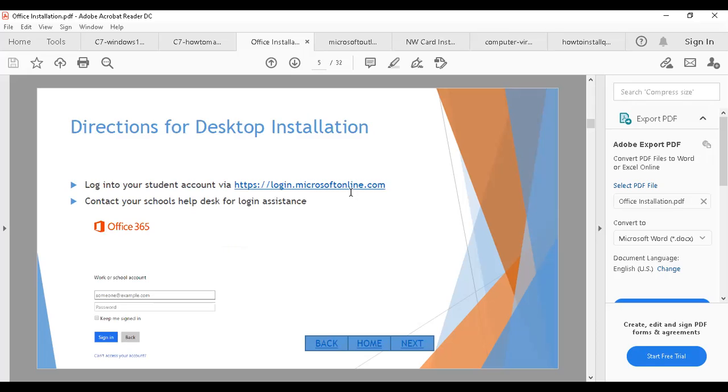Login to the site given by Microsoft, login.microsoftonline.com. When it comes to Microsoft Office 365, you have to install it online by registering with an email address. And you will be having a predefined username and password.